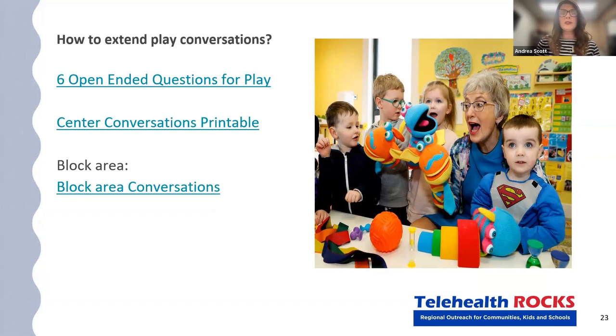They're printables, the center conversation printables. You can go to those and put them on the side of your center, and that allows people to ask questions or make statements that will help the critical thinking that needs to happen, and that blood flow to go from the brainstem all the way to the frontal cortex. So, a great resource. And to remind you, all of these sources that I'm giving you are free. Okay, next slide.